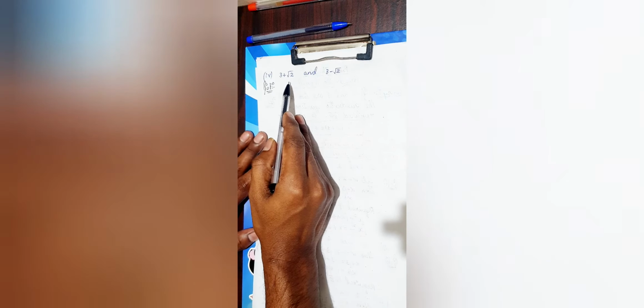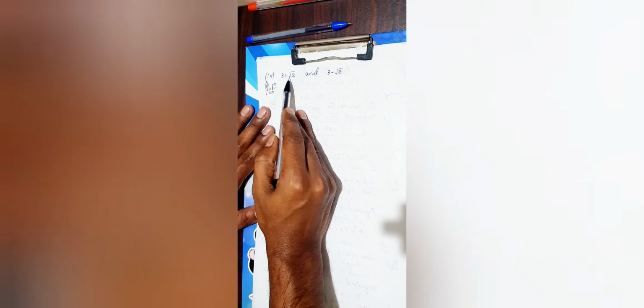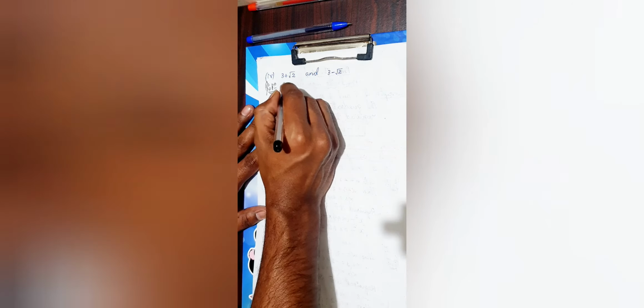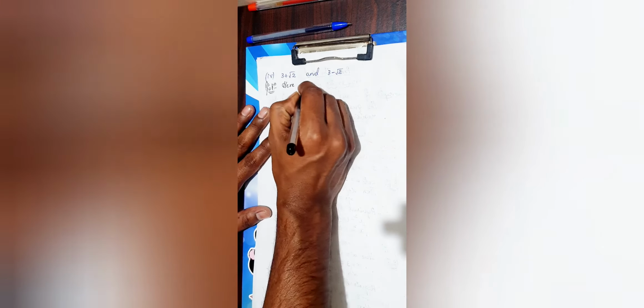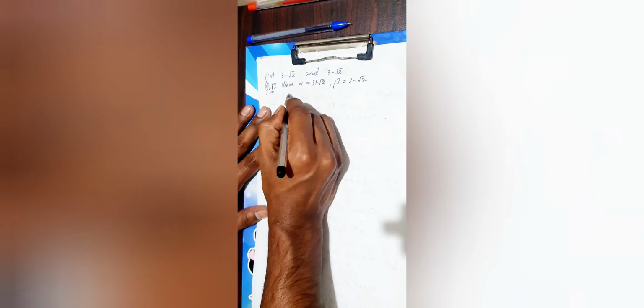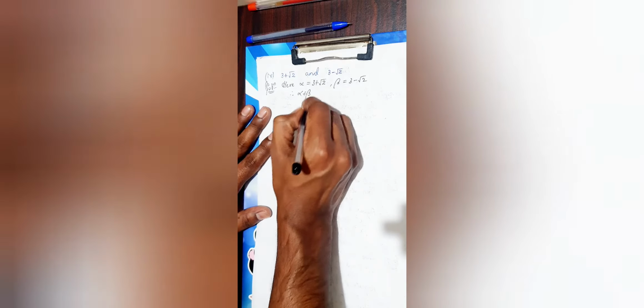Okay, let's move on. This is very simple. Now let me take some more complicated roots and see how we can solve it. Let us go to the next question. Now here the given roots are: the first root is 3 plus root 2 and the next root is 3 minus root 2. Let me take alpha as 3 plus root 2 and beta as 3 minus root 2. Therefore, let me get the sum of the roots.